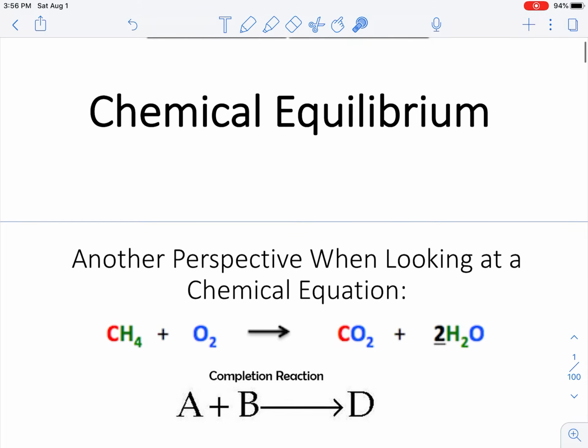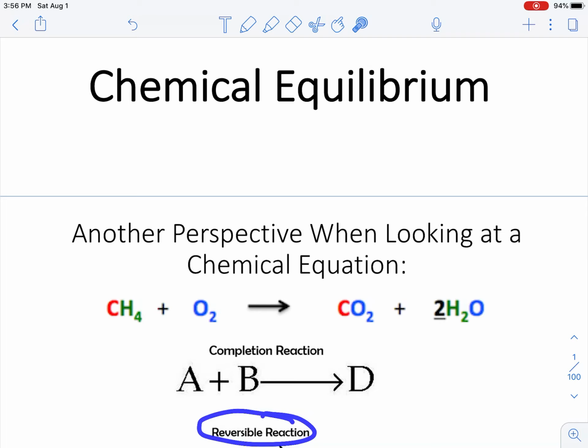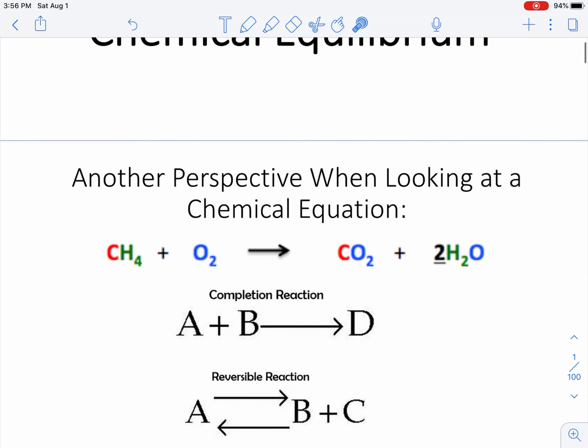And so for these types of incomplete reactions, if you will, most of them are going to be reversible. And one way that you guys can demonstrate to a reader or an audience that a reversible reaction is taking place is through the use of two single-headed arrows that are typically pointing in opposite directions. Another way for you guys to represent a reaction that's reversible is through the use of a double-headed arrow, such as this. So looking at this